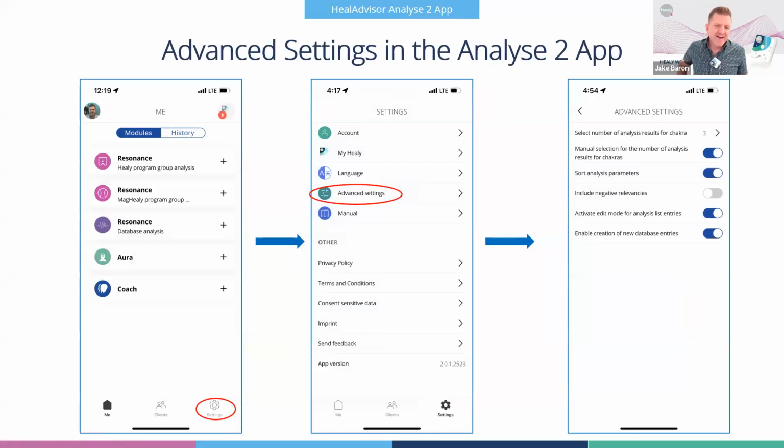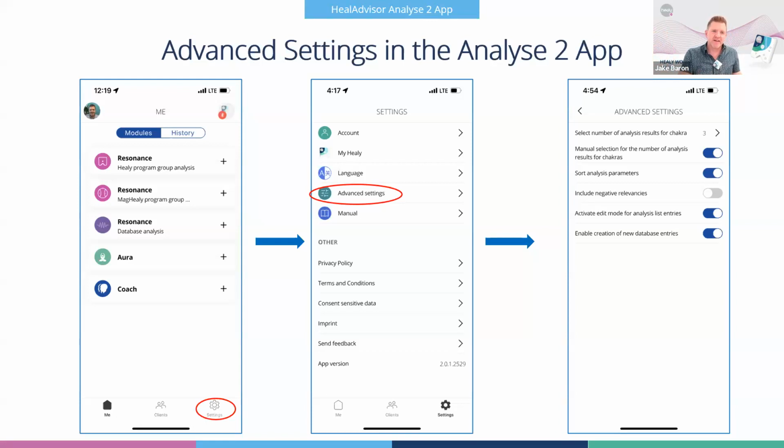Okay, so this is one section here in the advanced settings. We've had some people, myself included at one point, that were using the beta version of the app, and we were like, why can you no longer sort the entries, or why can't you edit the entries or add a new entry or select the number of results or edit that? And that's because in the current app, they're built into these different sections, but in the new one, we moved that into a separate section in the settings.